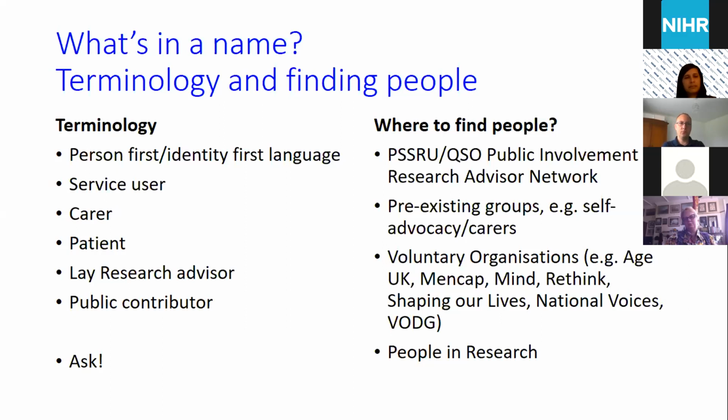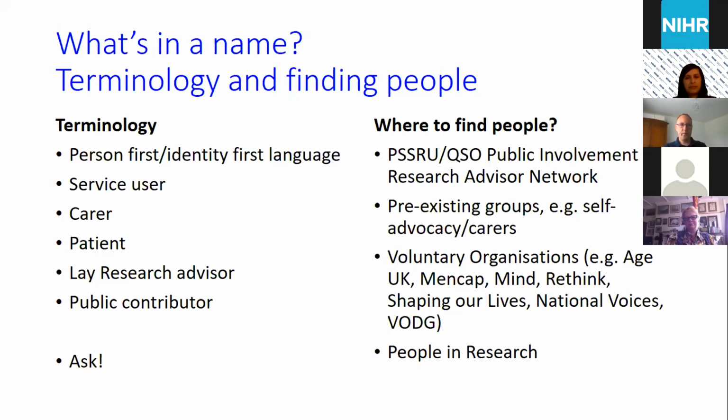We thought it also key to highlight how we refer to our public members, our lay members who are involved in our research. So in PSSRU and the CUSO Policy Research Unit, we talk about lay research advisors. Sometimes we shorten that a bit naughtily, I think, to research advisors. I know certainly that can cause some confusion, as that has a very different meaning within the RDS. But I think it's worth mentioning and being aware of. Other people will talk about public contributors. Of course, there's no right or wrong answer for this, but the best advice to researchers is to check with the people they're involving how they would like to be addressed.